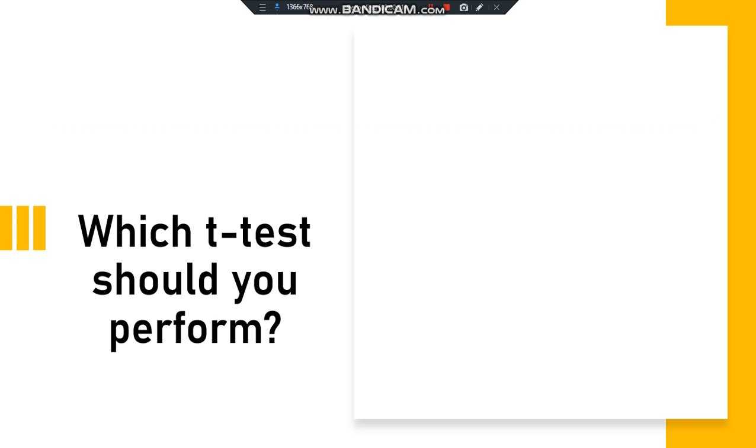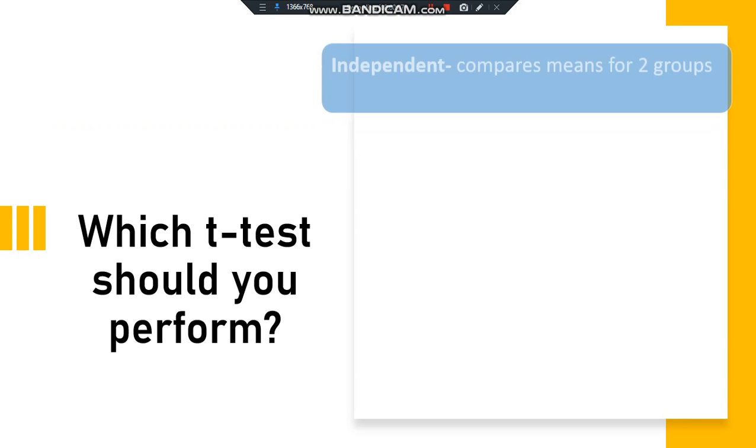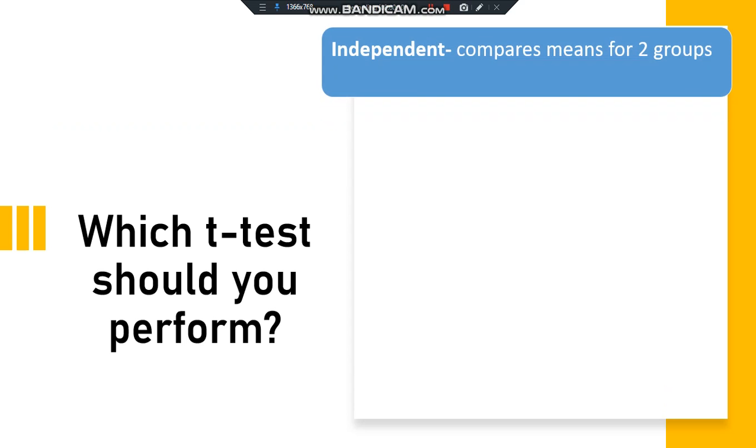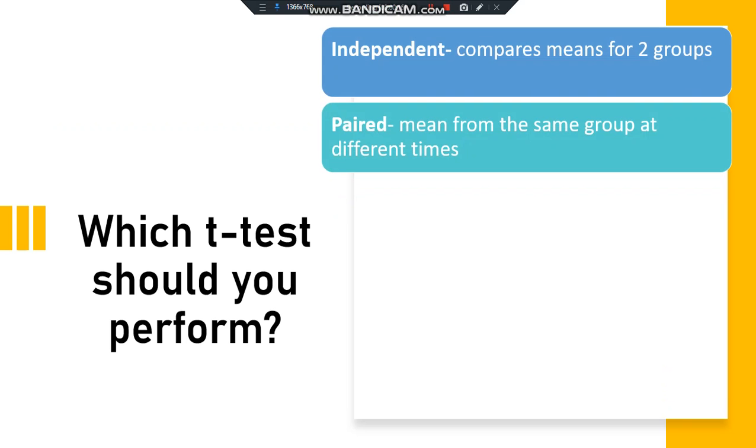Okay, so which t-test are you supposed to perform? That depends on what you need to find. So for our anti-corona drug, we can use the independent sample t-test because it compares the means for two groups, which in this case would be the experimental group and the control group. Now the paired t-test basically measures the mean of the same sample at different times. So like before and after. In this case, if we were going to test a drug, it would mean that the same group is serving as its own control group.